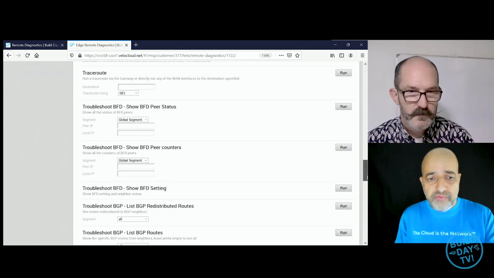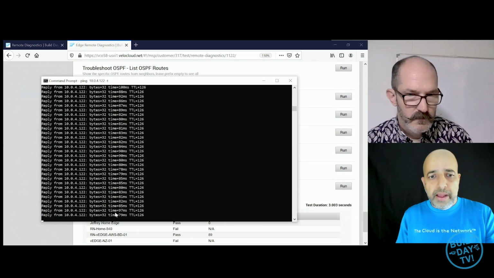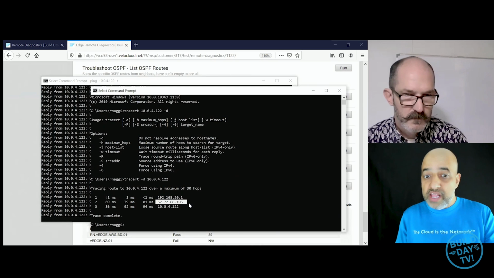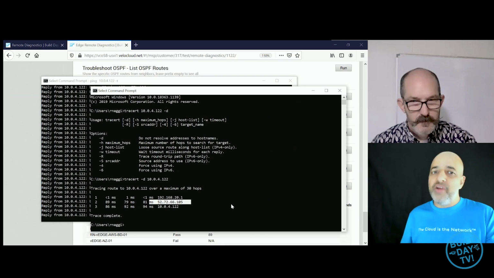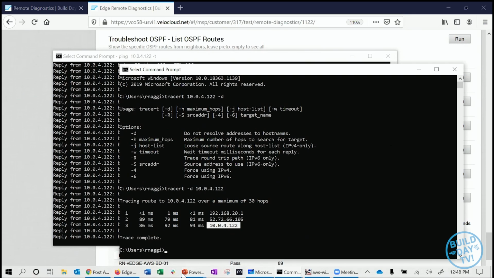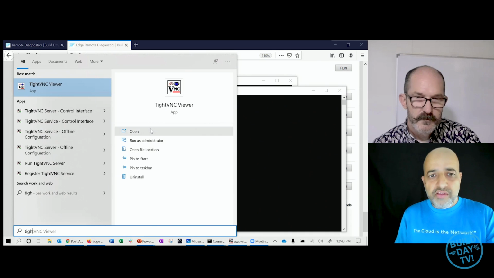Let's go back to the VPN test, and then I'm going to do a run out here. Ping is working out here. Trace route, you don't see the next hop as the VMware gateway out here. In the earlier use case, the next hop was the gateway. There were 4 hops before we got to the destination, and now there's just 3. Yes, here you can see it's directly reaching out, and I can just access the application also, in this case